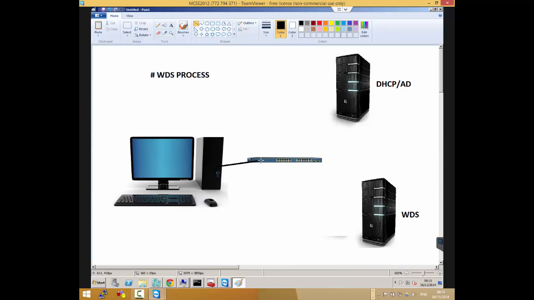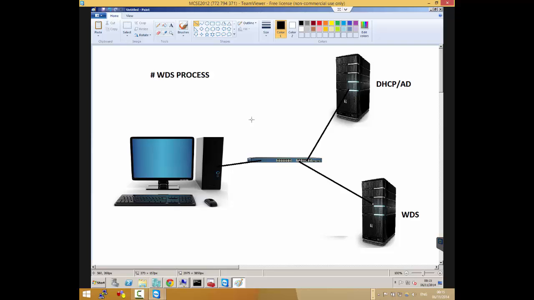So does anyone want to illustrate what the whole process is when I boot up this computer till it fully has Windows installed on it? What exactly goes on behind the scenes?